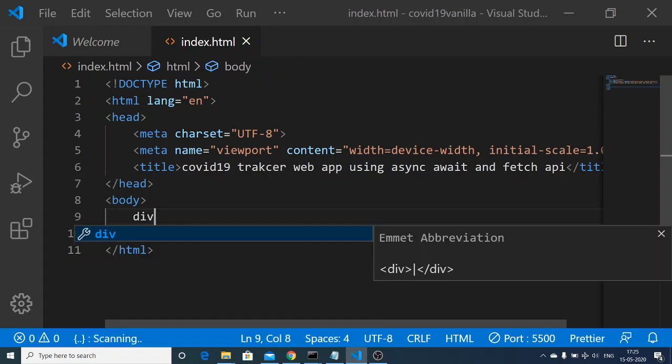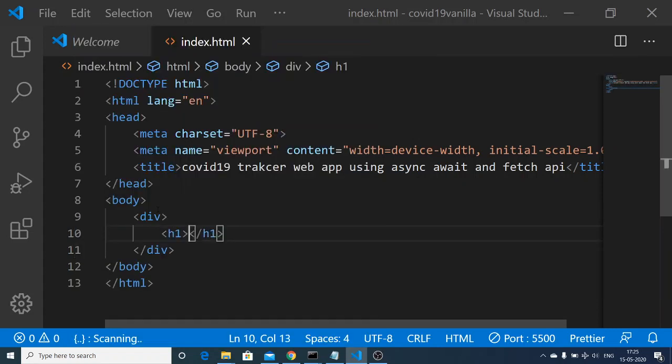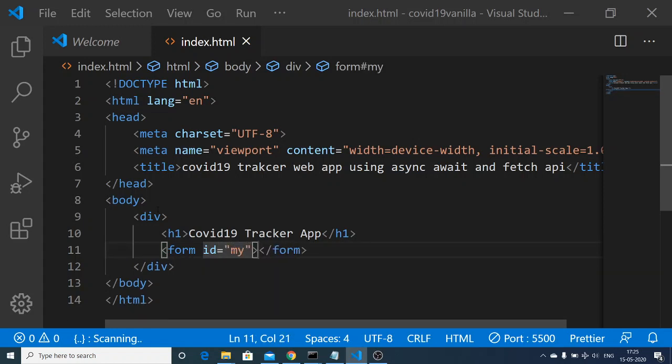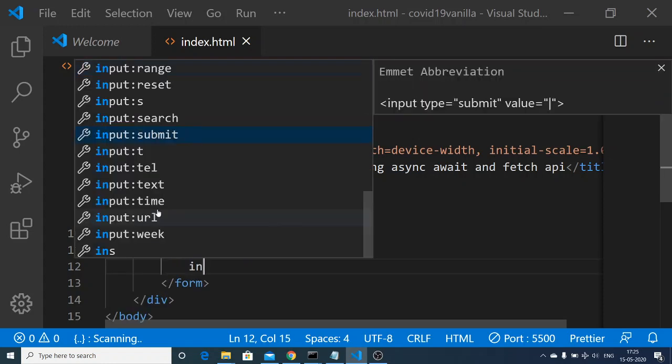Inside a div, we have a heading which is COVID-19 tracker app, and after that we will be having a simple form. We will be giving an ID to it of my form, and inside this form we will be having an input field of type text.